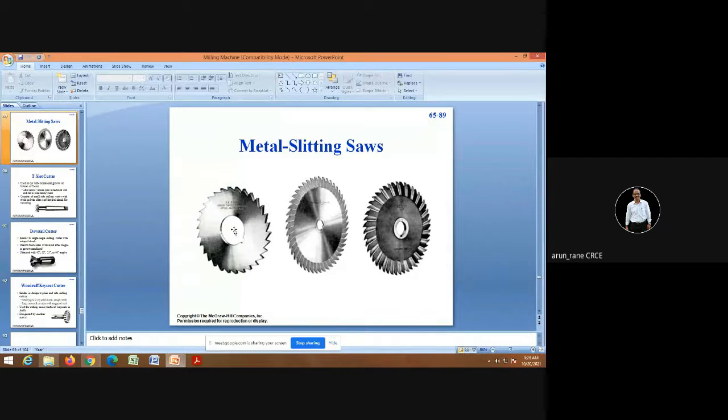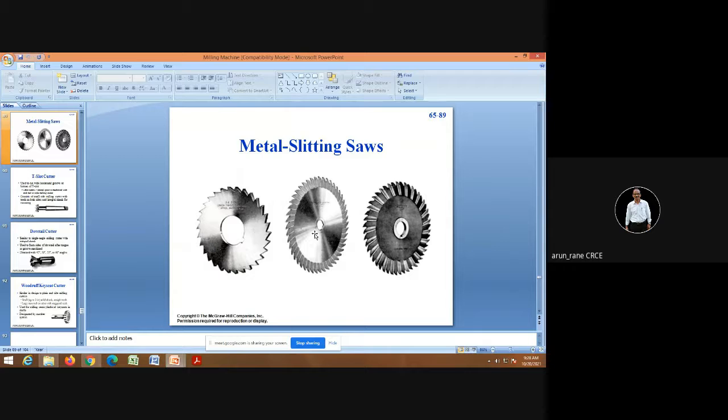And when you open it, suppose whenever you want to change the cutter, that time you come to know that it's a crack and the cutter is already broken into two parts. But since the spacer and nut are holding the cutter, it remains intact, and that prevents the accident also.